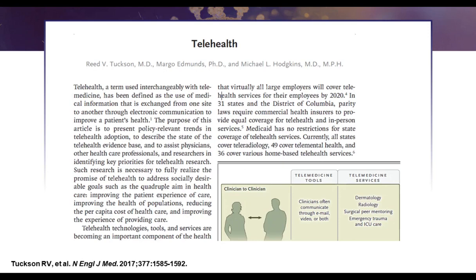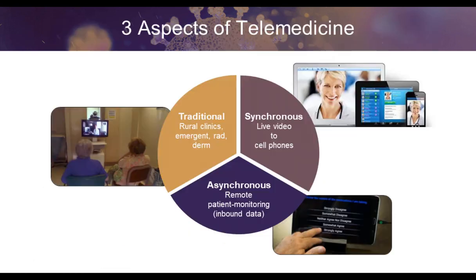Telehealth has been published on, and I refer you to some articles. This is one from the New England Journal of Medicine in 2017, which again feels outdated, but I thought this was a nice overview of telemedicine. And it really talks about the different aspects of telemedicine as we know them and as they have emerged. So just to pause on this for a minute, the traditional telemedicine